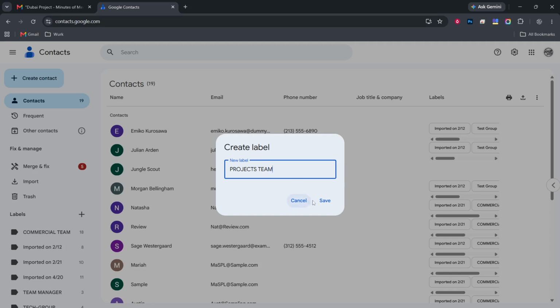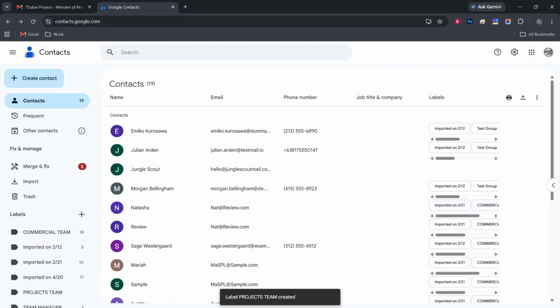Now, let's go to your contacts. If you are not already on the contacts page, click on the contacts option in the left sidebar. This will take you to a complete list of all your saved contacts. Having all your contacts in one place allows you to easily manage and organize them. You want to ensure you can quickly find the people you need to communicate with.